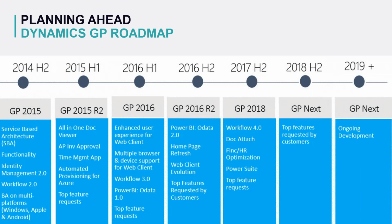Also, an important item to note on the future plans of GP is that it will continue to be an on-premise solution, and Microsoft has no plans to make it a cloud-based solution. So if you want to move to the cloud, we could certainly host you in Azure, but it will never be a true cloud SaaS solution where you pay each month for all the new features and updates. We'll discuss this later on in the presentation, but for now we could just focus on those new features of